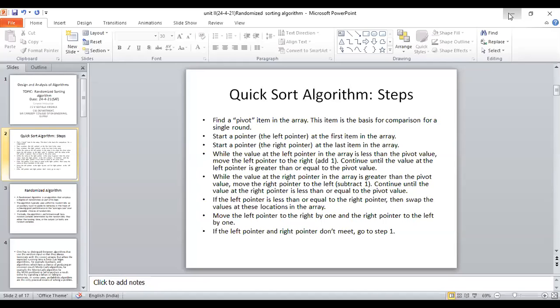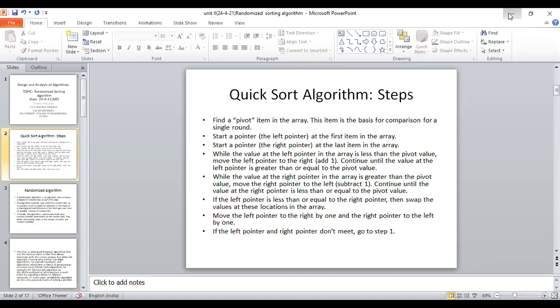When you consider quicksort, its average time complexity is big O of n log n, whereas the worst case time is O of n squared. When does the worst case occur? Suppose an already sorted list is given to you and you apply quicksort on it.